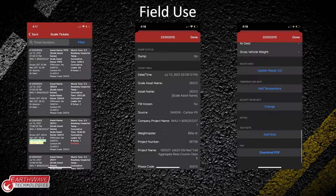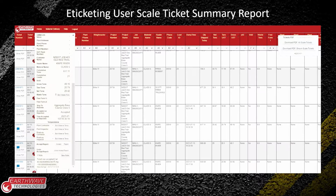Now we have the note section. That's where we can add in stationing information, whatever is necessary for that, and then you always have access to the PDF of the ticket. Now, because this is all being published to the cloud, and we're giving selective access to certain individuals to that information, this is all going to update automatically as we go. So you can see these tickets here do not have this little blue